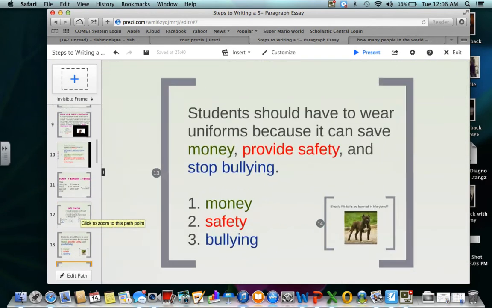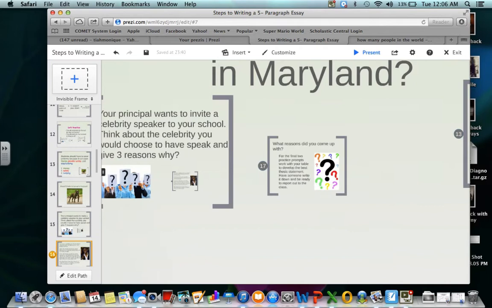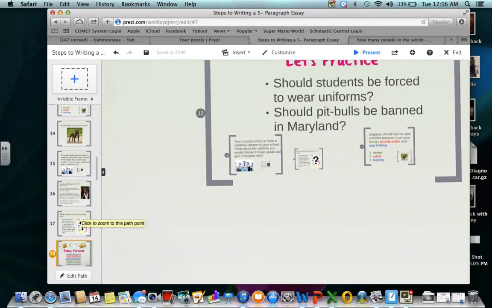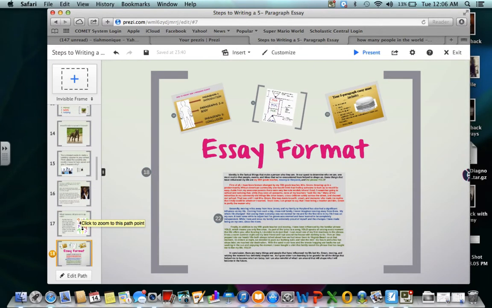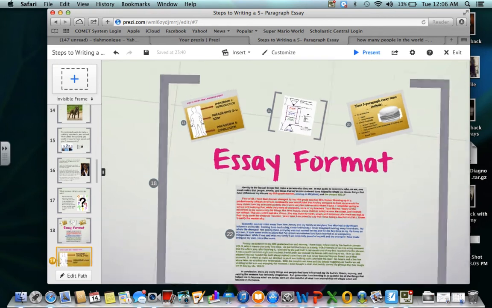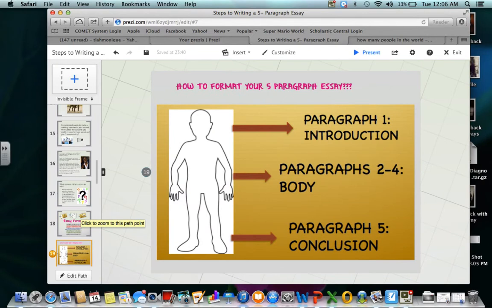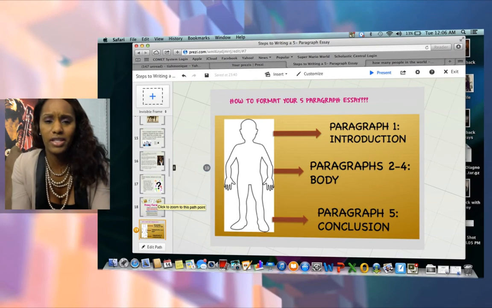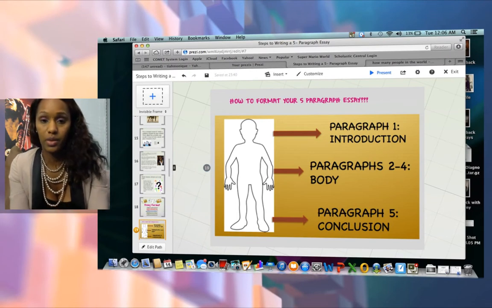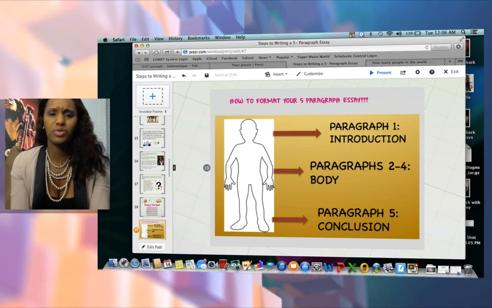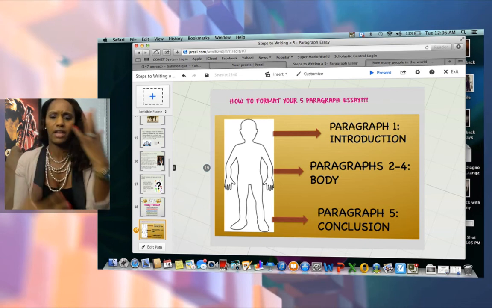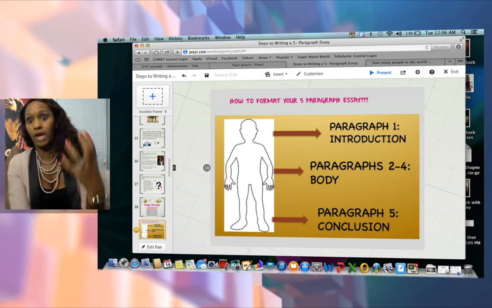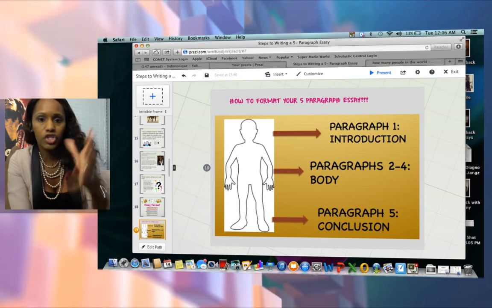Okay, let's see. Now let's fast forward all the way to essay format. That's one thing that it's a little bit more fresh. So, how to format your 5 paragraph essay. And that's a wonderful little person right there. Overall, guys, your essay should be like greeting someone or meeting someone for the first time. First thing you see is their face. You're looking at them and it's so cool or not cool. Overall, though, it hooks you in.